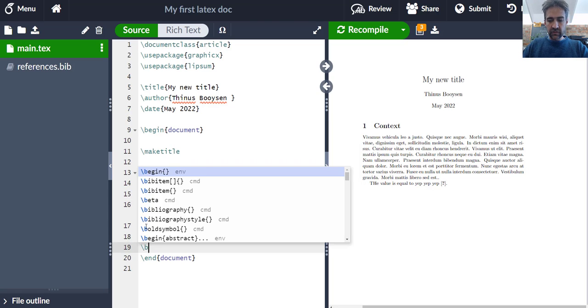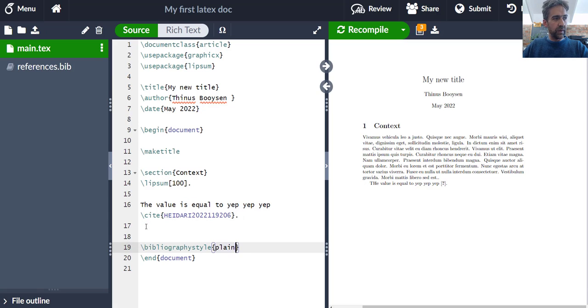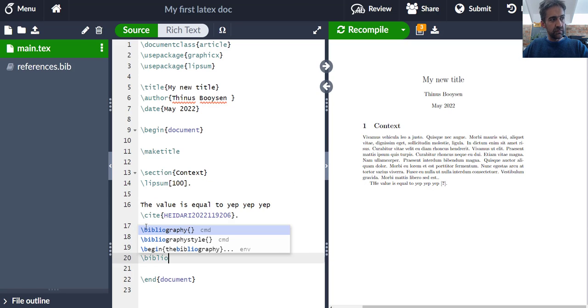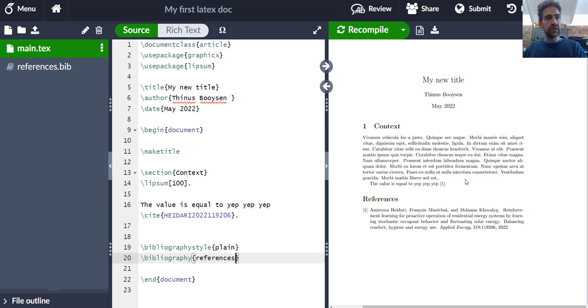Right at the end, we have to add a bibliography style. And for now, I'm just going to stick to plain. This can be IEEE, it can be Elsevier, can be MDPI, whatever you want to choose. APA, you choose a bibliography style, and then you just have to say bibliography, and bibliography actually means references in this case. So the thing that you put in here is just the file name of the file that you just created. So the file was called references. You don't have to add the .bib, and if I compile now, it will spit out a, there we go,